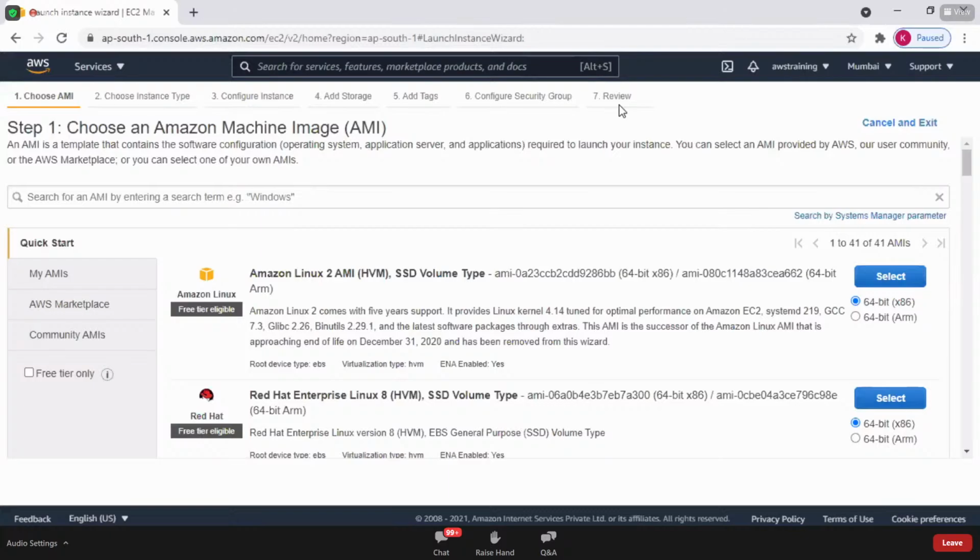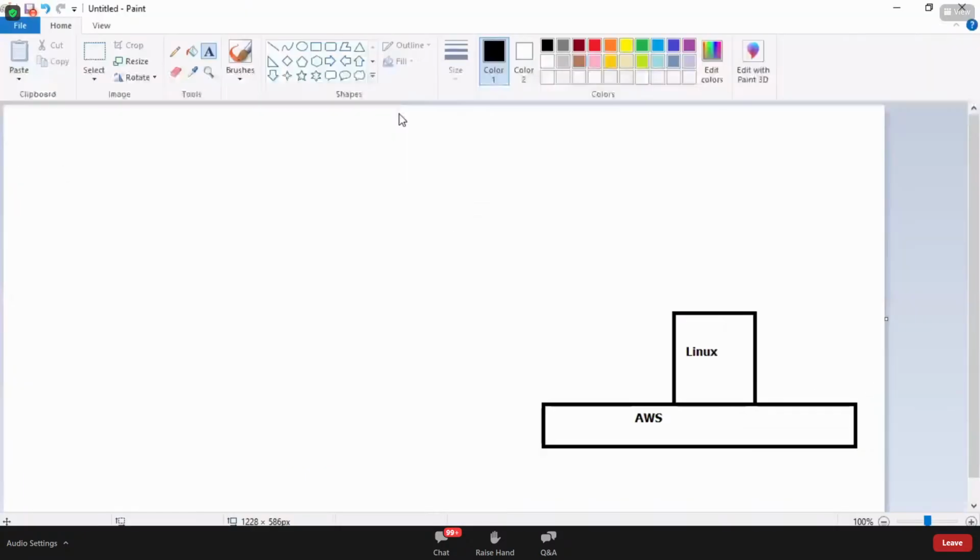Step 1. As you can see here, select Amazon machine image. You have to select Amazon machine image. I repeat, what is Amazon machine image? In simple words, it's an operating system. When your plan is to create a new virtual machine, when you're creating a new instance, you have to select